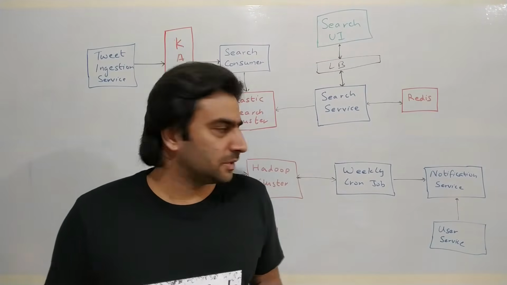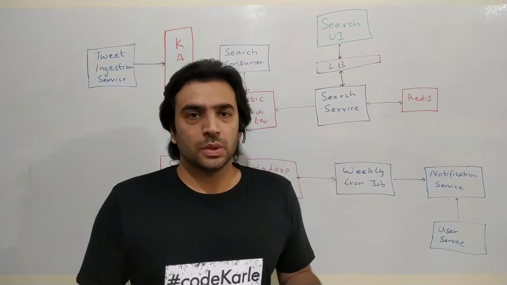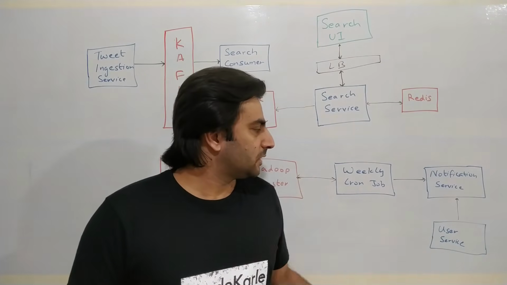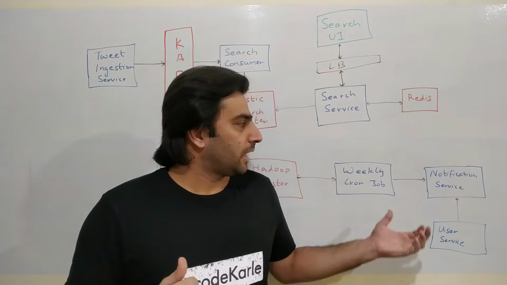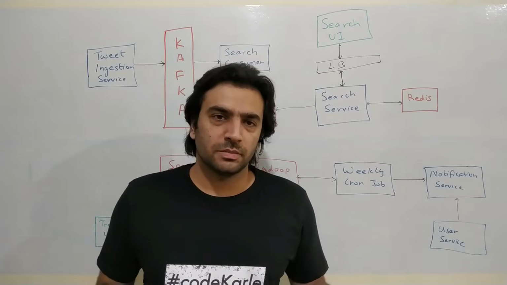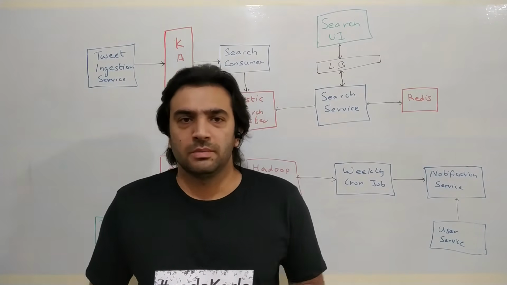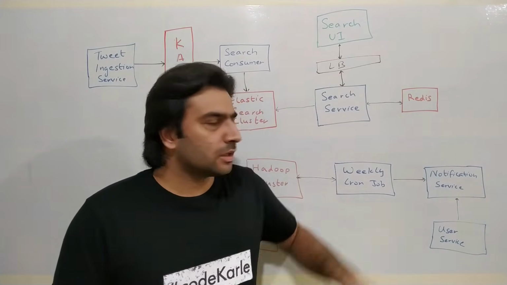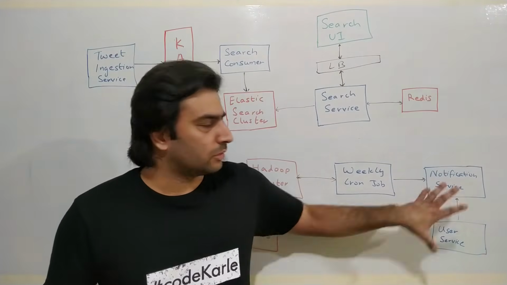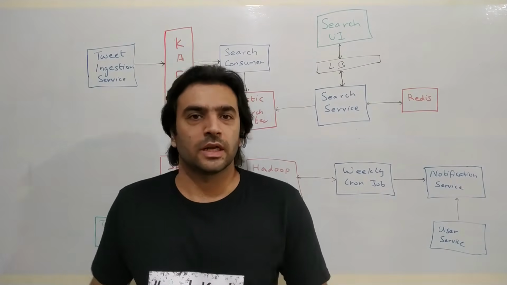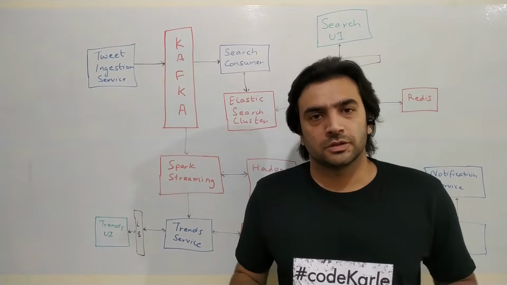Now, how would that notification be sent? There would be a notification service that will be invoked saying this is the user, these are the tweets, go send the content. The notification service can talk to the user service to get the email ID, phone number, and stuff like that. It can then find the user's communication preference from its own data store and then send out a notification, whether it's an email or SMS or maybe an in-app notification, whatever that is. I've done another video specifically on how to build a very scalable notification service. So if you want to get into details of that, you might as well have a look at that video. But overall, this is something that would work out just fine for a Twitter kind of a system.